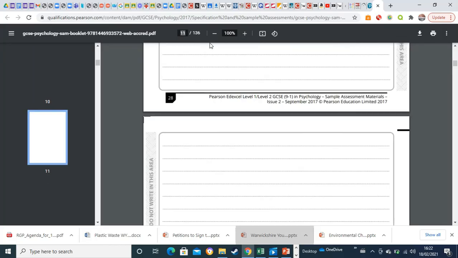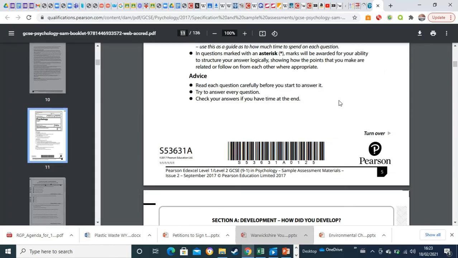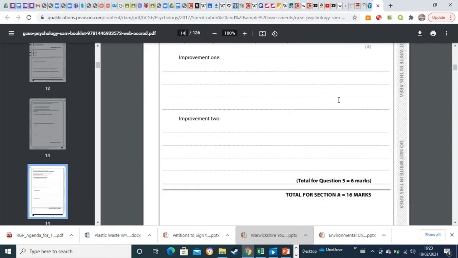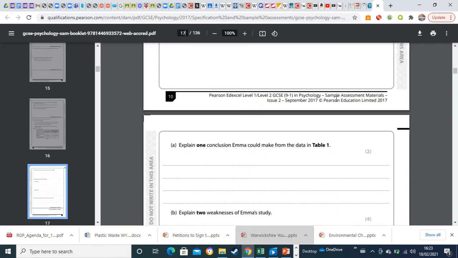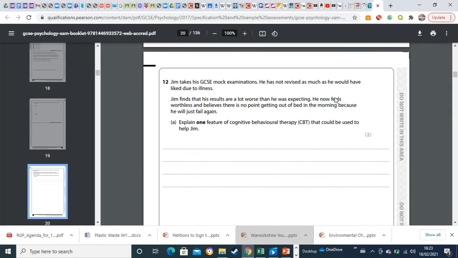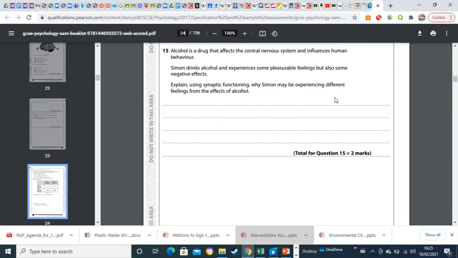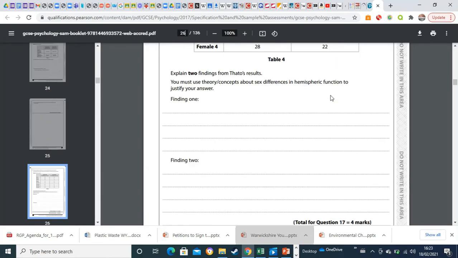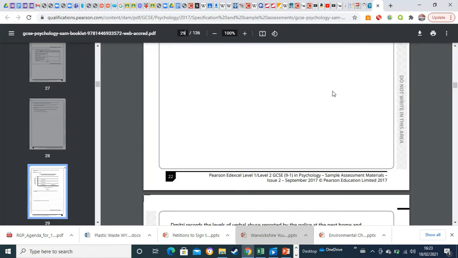Hopefully it loads in a minute. Right, there we are. Okay, so I think this is section A. So we're going to see if the 9 marker is about